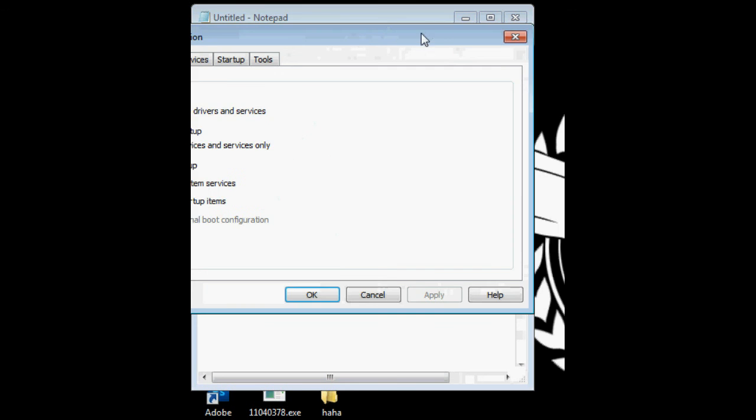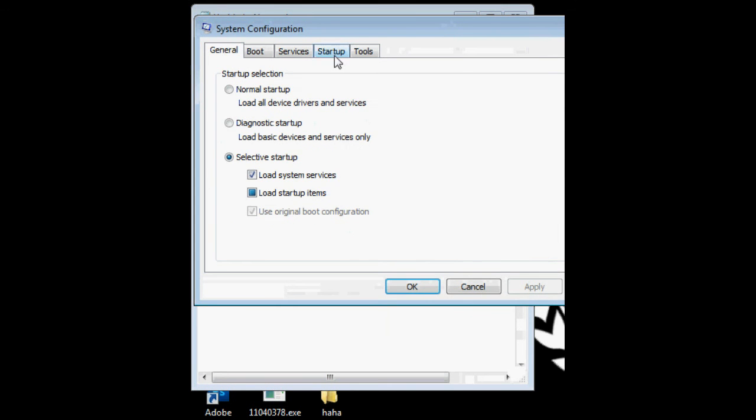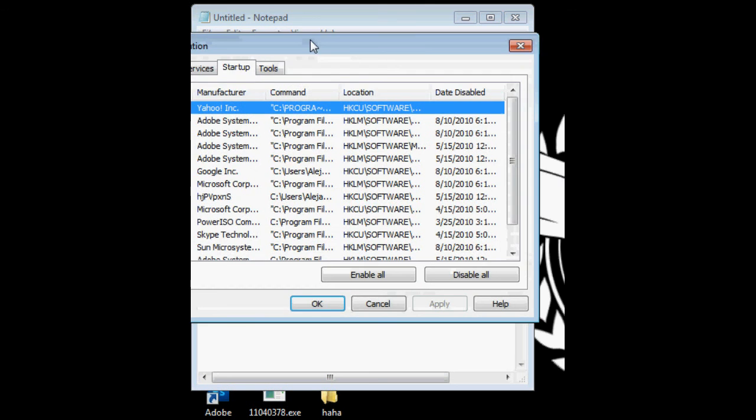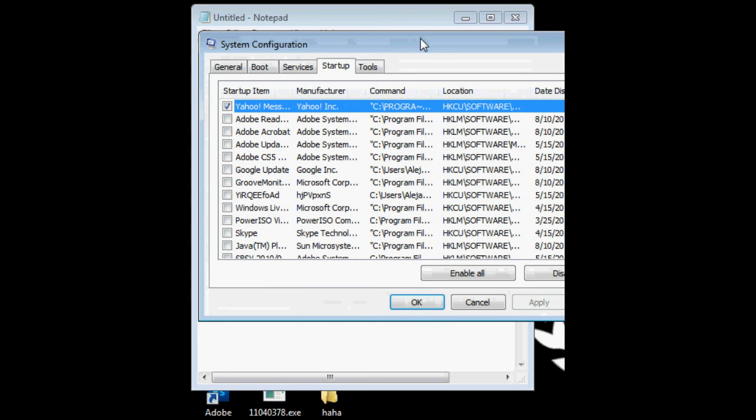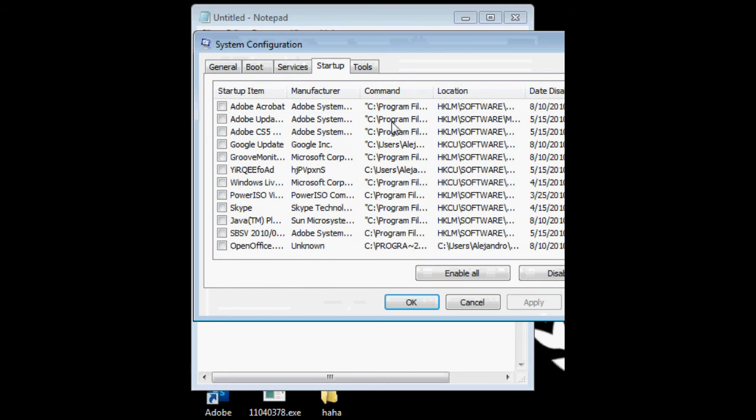See this? Go to startup. These are the files that are going to run when you start up. So here it's only Yahoo Messenger that's gonna run when the computer starts up. So there's no problem with that.